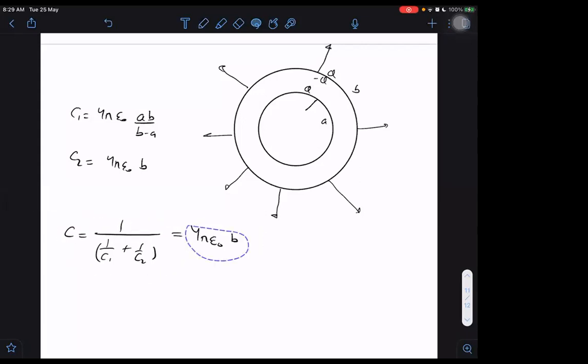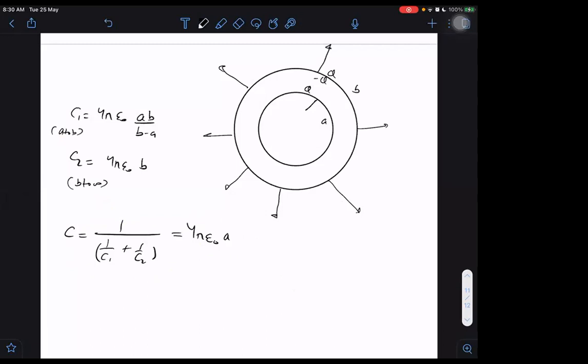Is it that or not? Sir, C2 is from B to infinity, sir. Yes, obviously it is from B to infinity. And this is from A to B. So effectively it is existing from A to infinity. So sorry, not B. It is actually A, sir, not B.